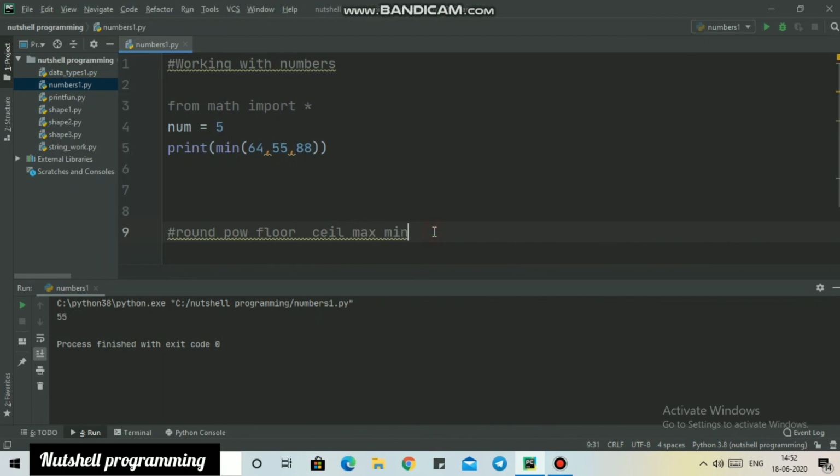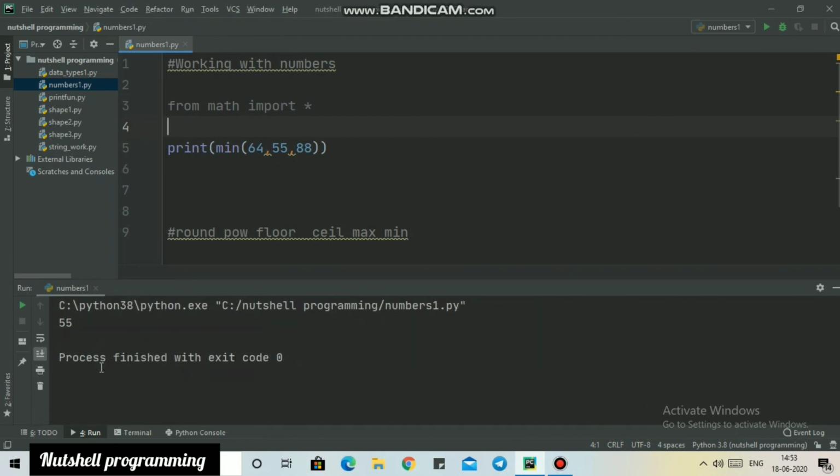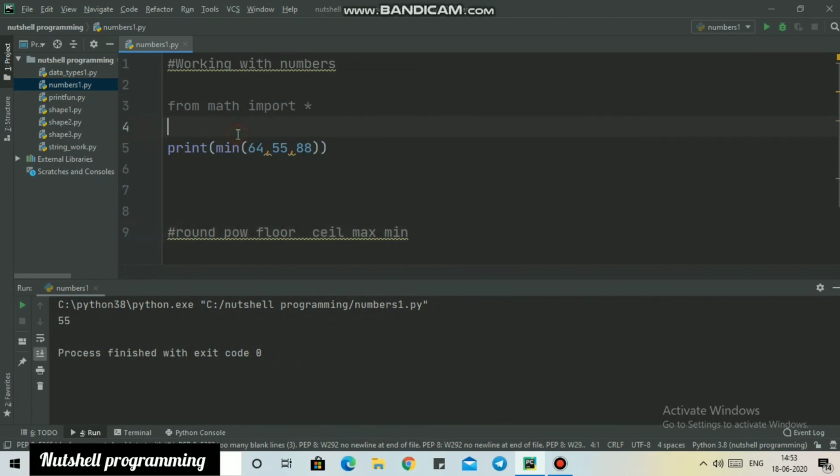So in today's lesson we have learned about the math file. You can actually use tons of library files in your Python program. There are thousands of functions in the library files. You can import them, you can use them, you can Google them to find many libraries. I'm going to run this. You can see that the num variable is worthless for right now.